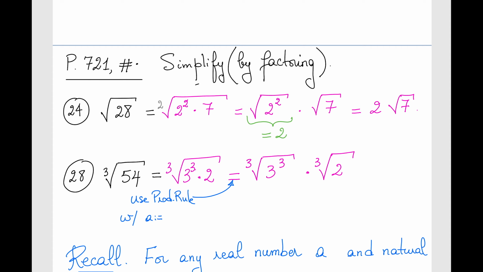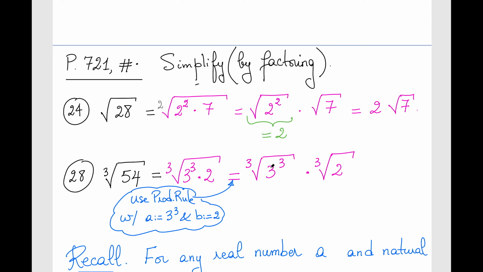The a over there is 3 cubed, and the b over there is 2, right? So it would be useful to actually write these in your notes everywhere, just to highlight why each equality is true. Anyway,